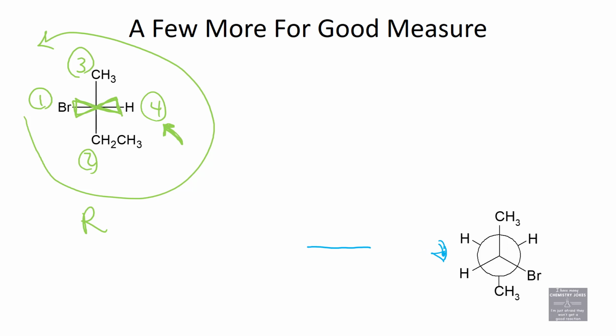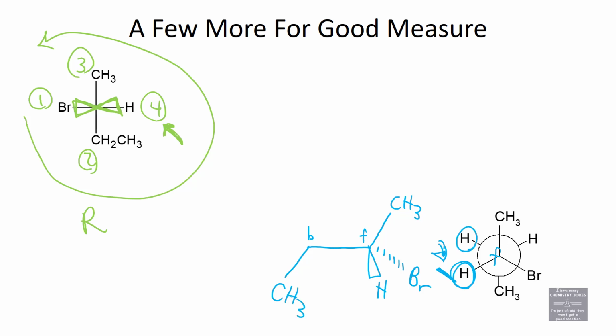Here's how I do it. I choose a direction to look at the Newman from. So my front carbon is on my right based on the angle that I've chosen to view this. My back carbon is on my left. On my front carbon, I've got a methyl pointed up in the air, a hydrogen coming toward my eyeball. You see that hydrogen coming toward my eyeball? Yeah, it's coming toward me. I've got a bromine going behind. On the back carbon, I've got a methyl straight down, a hydrogen going toward my eyeball, and a hydrogen going